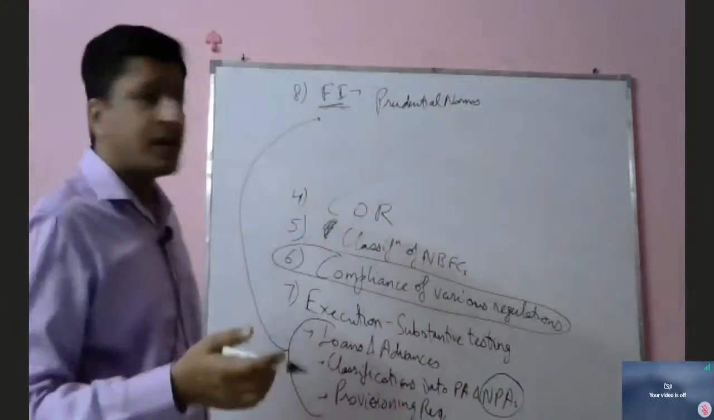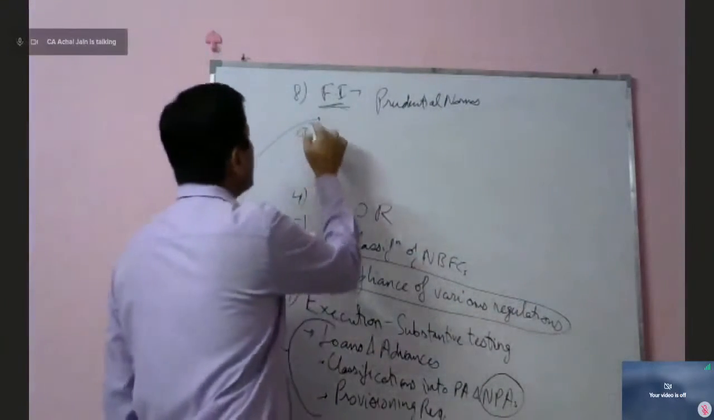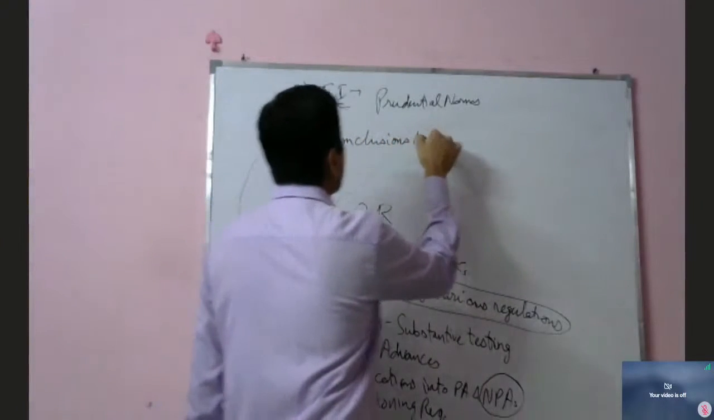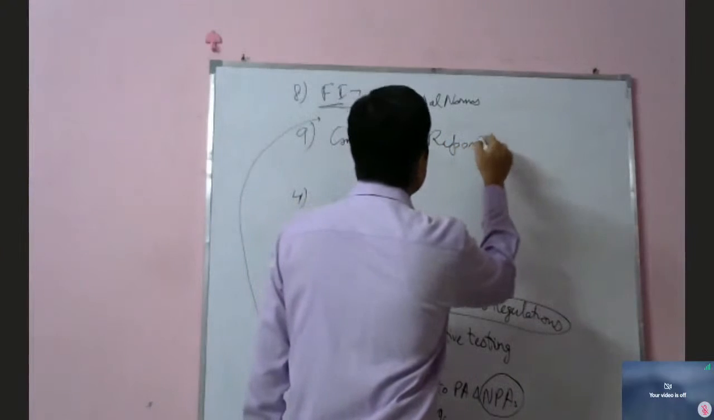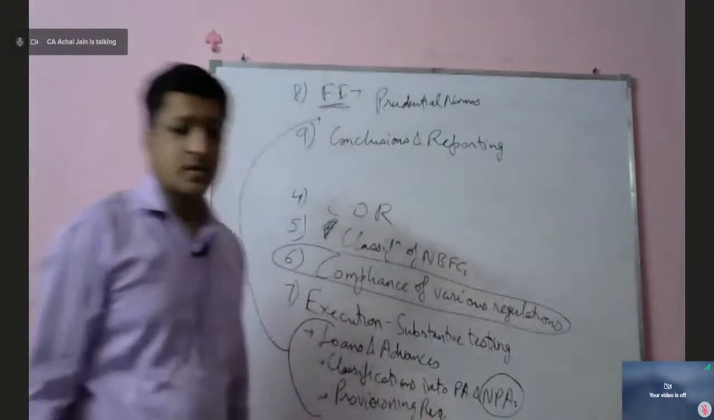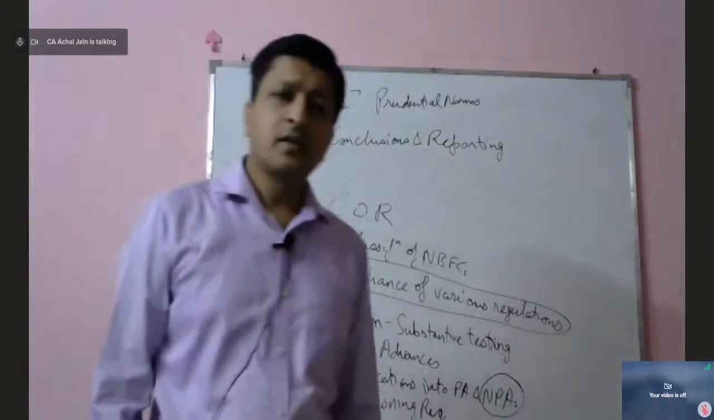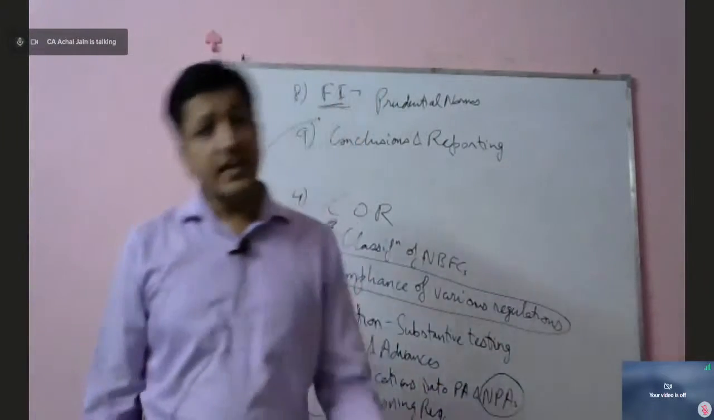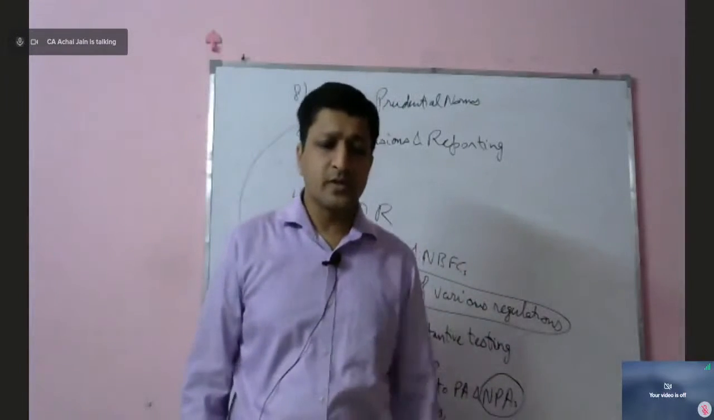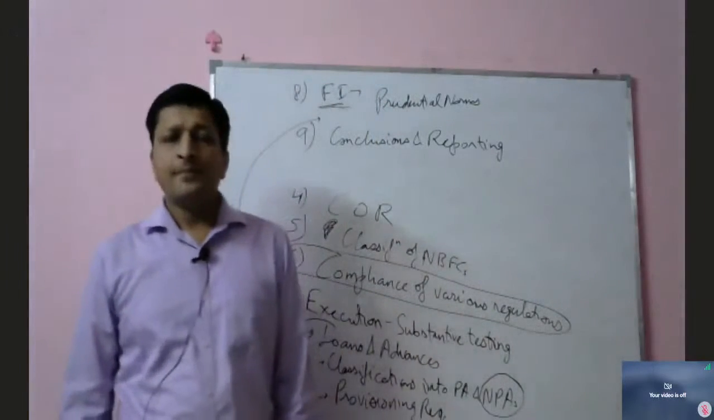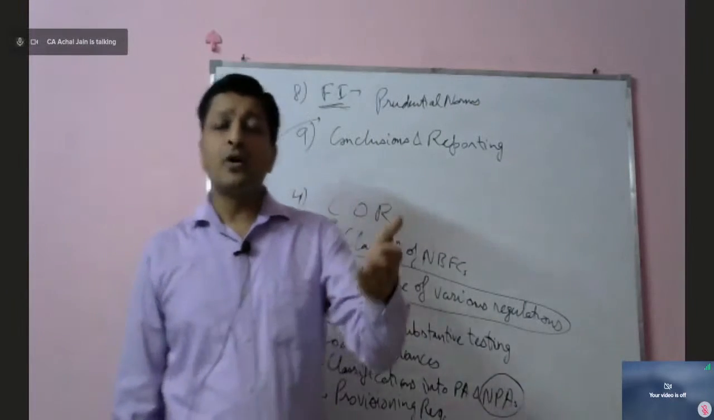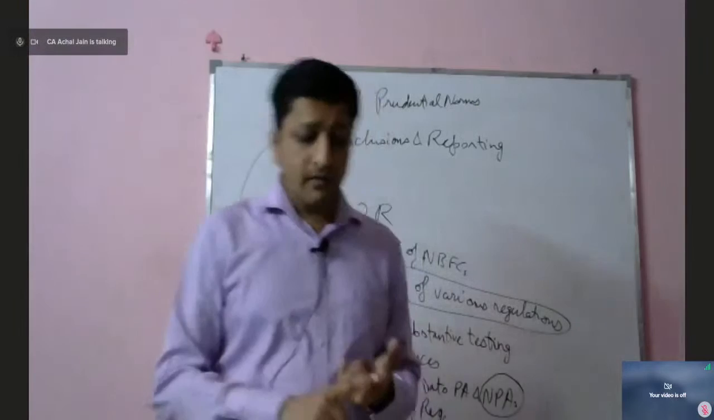And last but not the least will be about the conclusions and reporting, which we have already discussed in detail. And what are the reporting requirements? Companies Act. Reporting to Board of Directors. In addition to that, reporting to RBI on an exception basis. Okay. And other than that, we also discussed that if there is any fraud which may be detected, which may